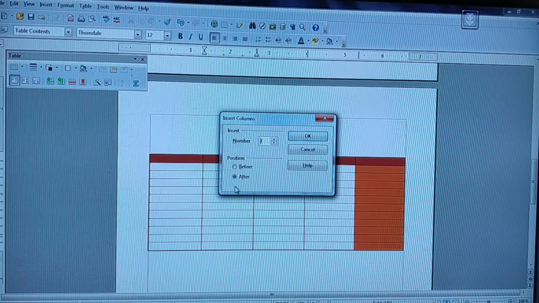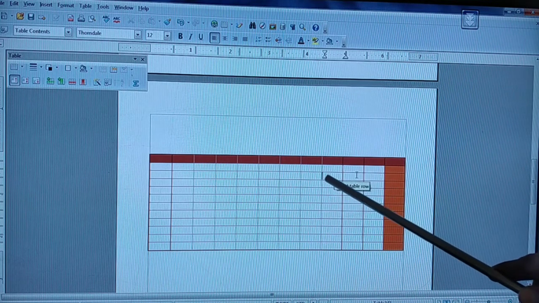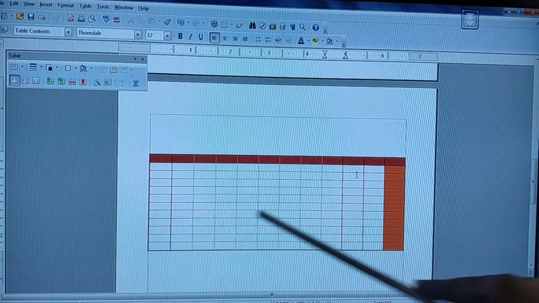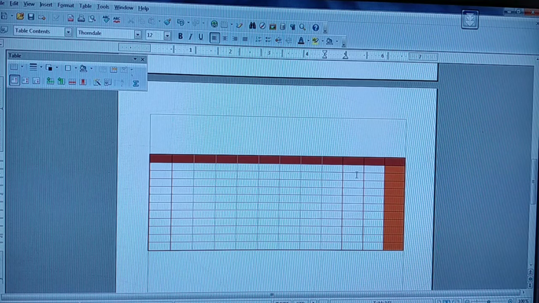Similarly, it is going to have the position options again, before or after your insertion pointer. Now I am going to click Before, and then click OK. You see it is before. The insertion pointer is here, in this place, and before this insertion pointer, 7 columns are inserted for me. So clear with this one. This is the way you can insert rows and columns.